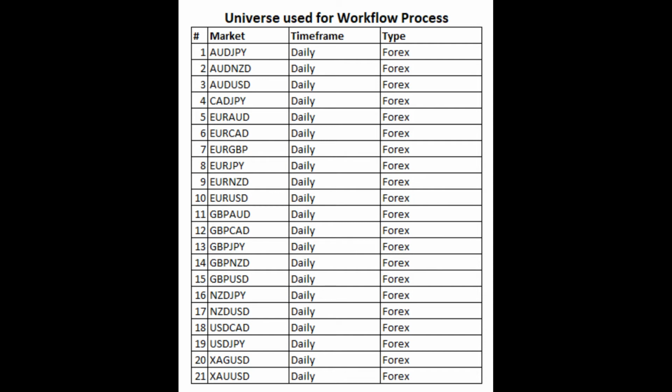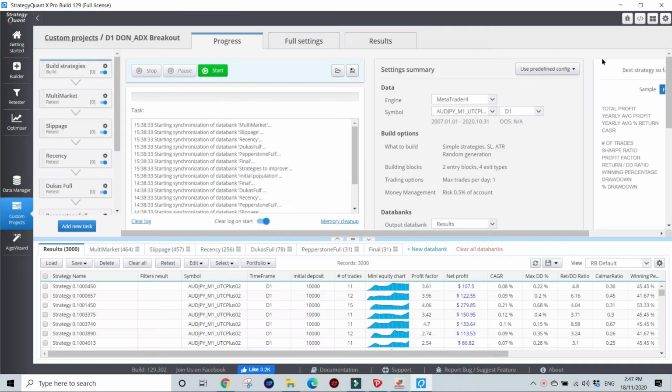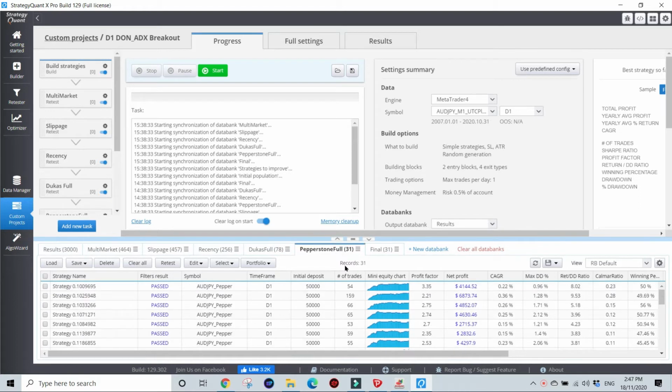In our last episode, which was episode 5, we had finalised our testing within the Strategy Quant X environment and had produced 31 potential breakout strategies which had withstood a battery of rigorous testing methods, and now we are getting to the pointy end of the exercise where we want to assess which candidates we will deploy in a diversified